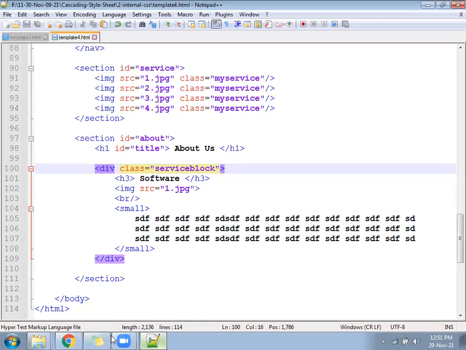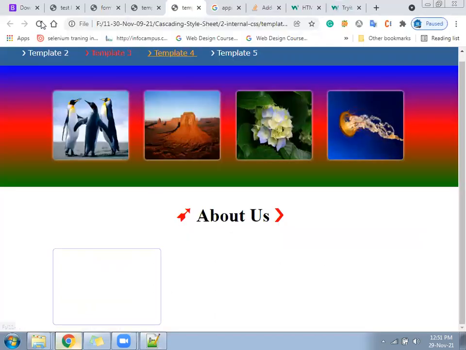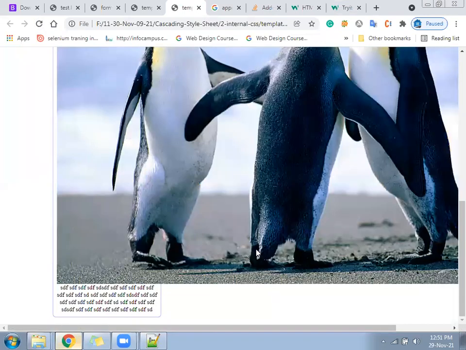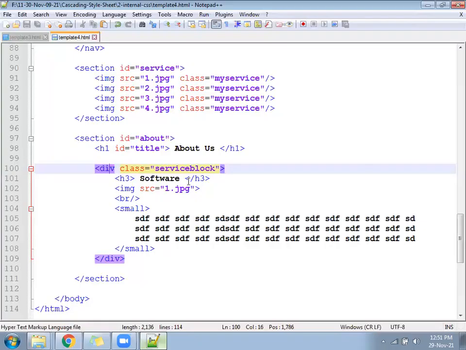It is going out of the division because the photo is not under control. The photo is out of control, so we have to write some CSS for the photo.